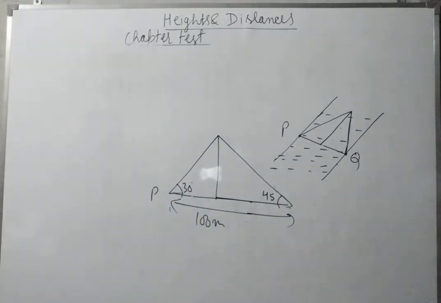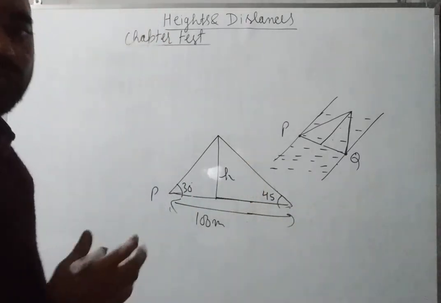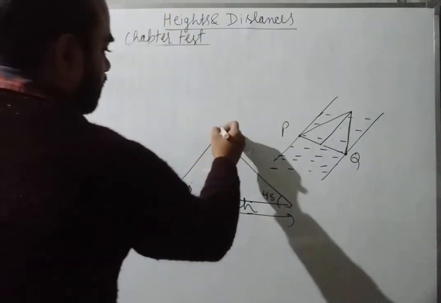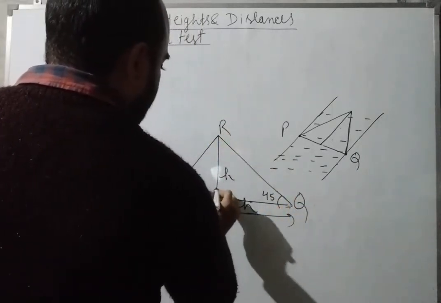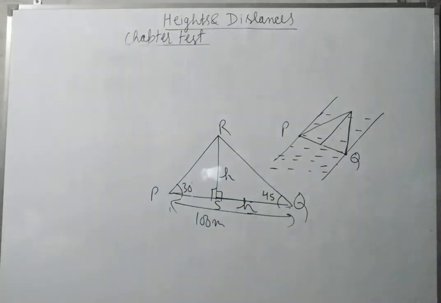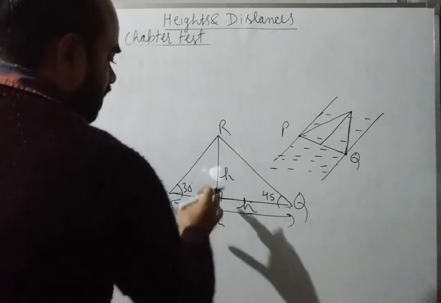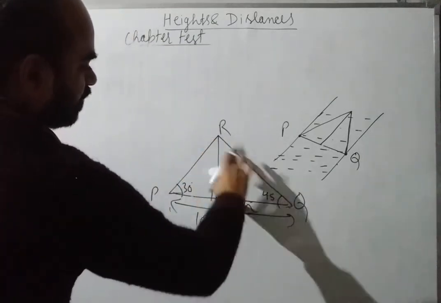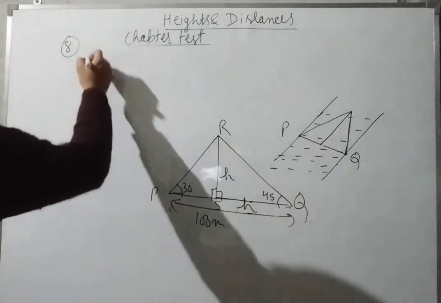There the tree is present, but here the diagram is like this. So we have to find the height of the tree. See, directly you can find. If this is h, this will also be h. Suppose this is R, P, Q, R, S. This will be 90. This is the height of the tree. So this will become h. So this is also h. Now in triangle PSQ, if this is h, this will also be h since this is 45. Now in triangle PRS,